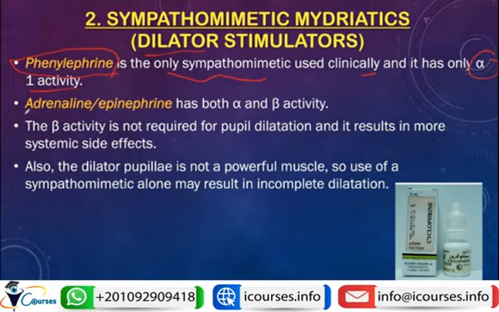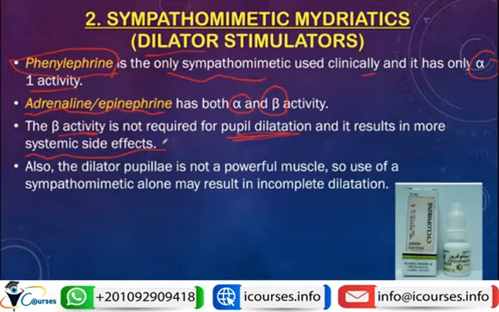Because if we use a generally acting sympathomimetic like adrenaline or epinephrine, it will have both alpha and beta activity. And this is not good because beta-2 activity is not required for pupil dilatation. As we mentioned, there are no beta-2 receptors, but it will undergo systemic absorption